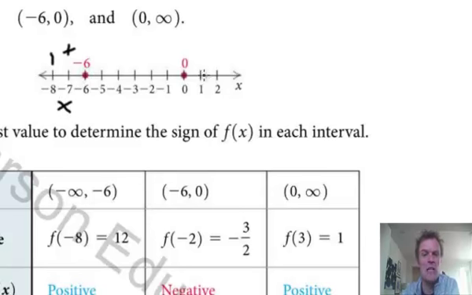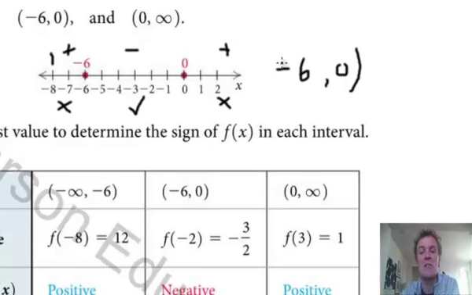Right, anything between -6 and 0, they've chosen -2. Let's stick with it. If I put -2 into here, I'll get a negative answer. Now again, we're looking for things that are less than 0, so that's good. Finally, this area here, 1, 2, they've chosen 3. Okay, it comes out to be positive. So again, I'm looking for things that are less than 0. That's no good. So in between here and here, -6 to 0 is my